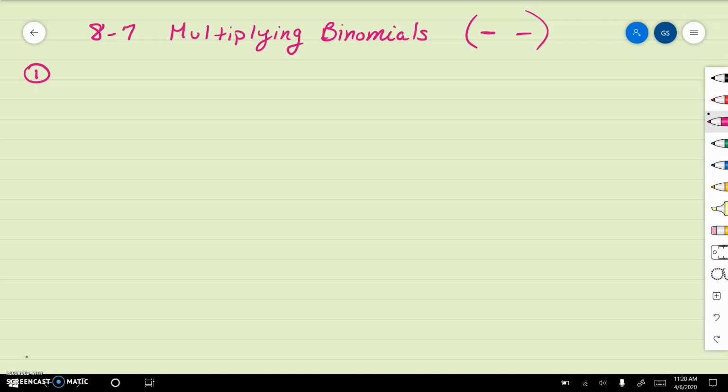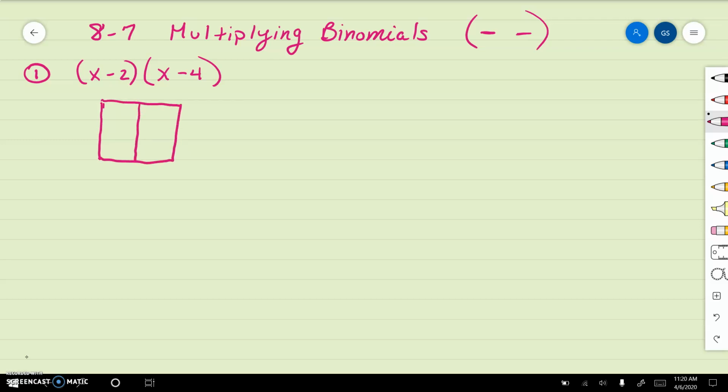Okay, number 1, x minus 2 times x minus 4. So we have two binomials. Remember, a binomial has two terms, like a bicycle has two wheels. So x and negative 2 are our two terms, and then x and negative 4 are our two terms for the second binomial. So if you recall last week, what we start by doing is making a box,